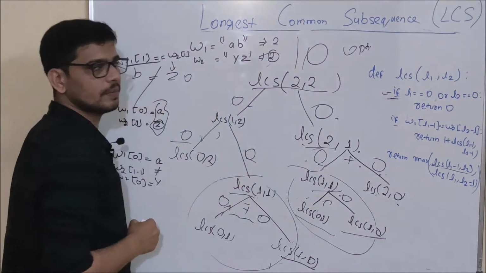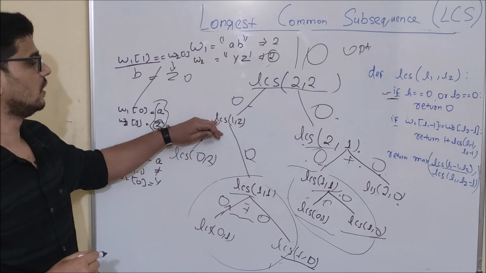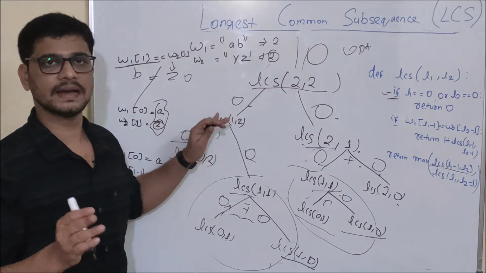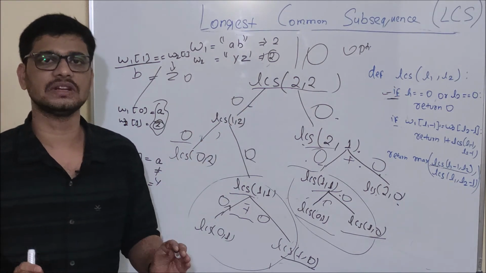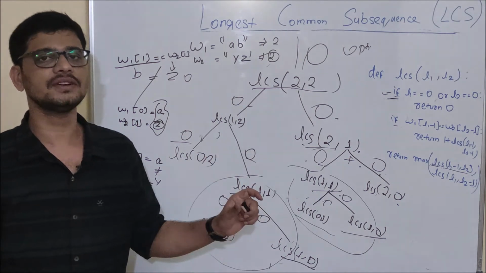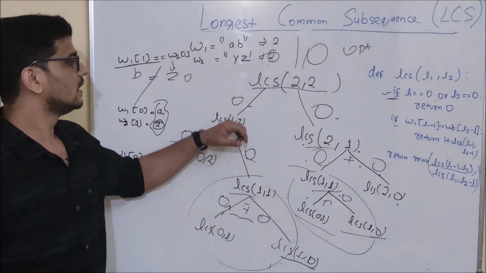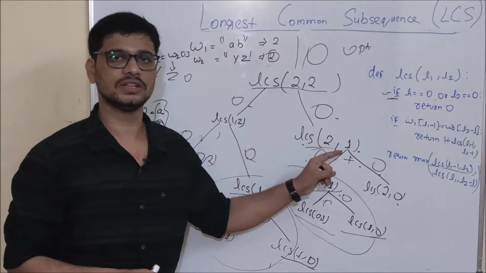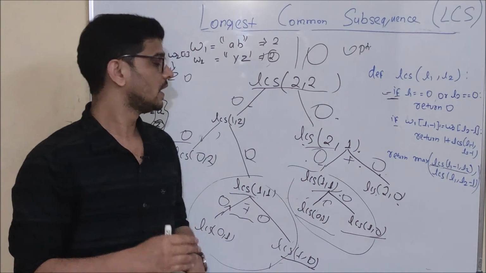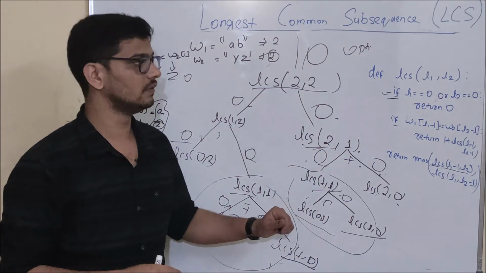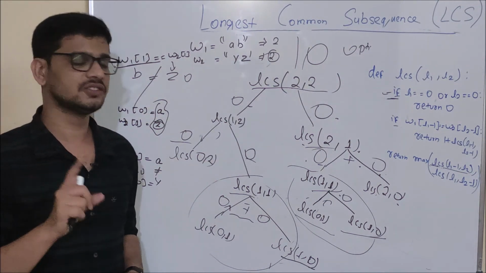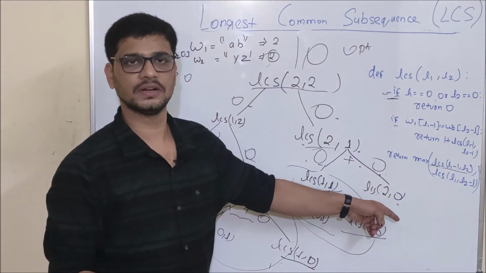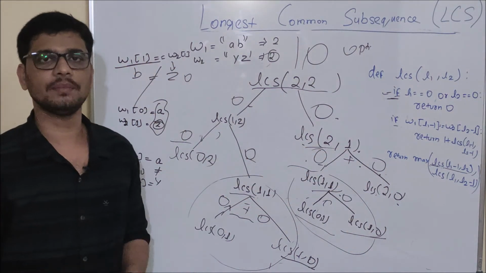Here what LCS of 2 comma 2 is doing is, it is making two function calls, LCS of 1 comma 2 and LCS of 2 comma 1. And at the end it is going to find the max of these two answers. Basically it is dividing itself into two smaller problems, and at last it is going to combine its answers. So friends, here is the optimal substructure property. And one more thing, LCS of 1 comma 2 and LCS of 2 comma 1 are going to find the best answer, that is the optimal solution for themselves. So the optimal substructure property is getting satisfied, and here is our overlapping subproblem property, and here is our recursive equation property. So basically we can apply dynamic programming here also, friends.